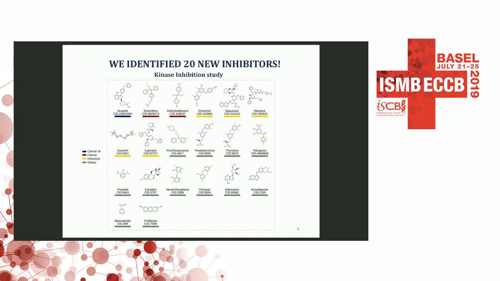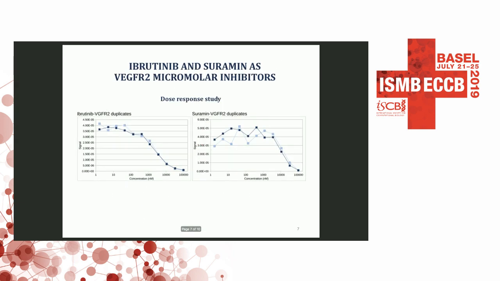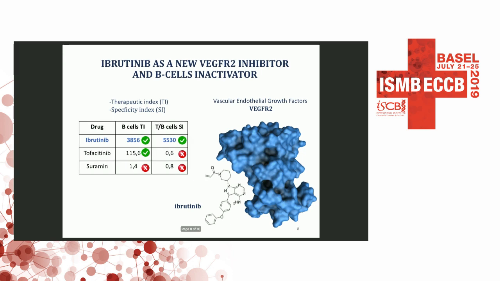So we extend the scope of the indication in these drugs. So we wanted to go even further, and we did a dose response study, and actually ibrutinib and suramin, 2 out of these 20 drugs, were micromolar inhibitors of the same target, VEGFR2, which is one of the kinases that we identified before. So at the end, we had these 3 potential